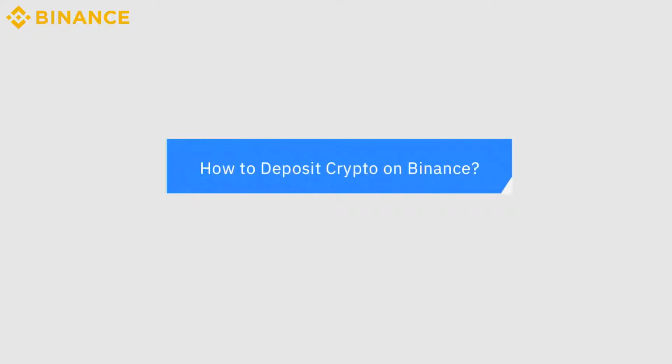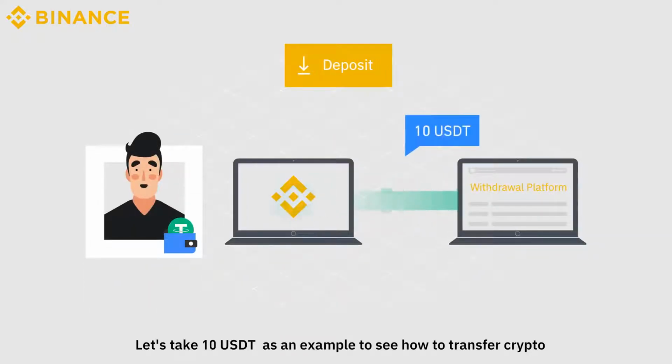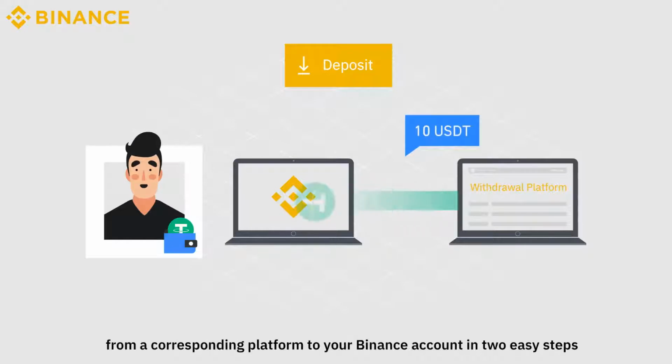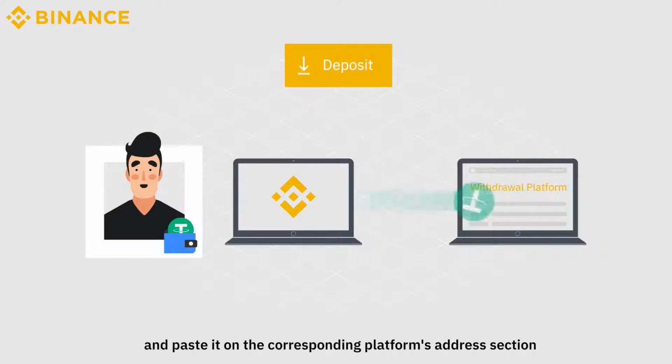How to deposit crypto on Binance. Let's take 10 USDT as an example to see how to transfer crypto from a corresponding platform to your Binance account in 2 easy steps. 1. Choose the cryptocurrency's deposit address on Binance. 2. Copy the deposit address and paste it on the corresponding platform's address section, where you intend to withdraw your